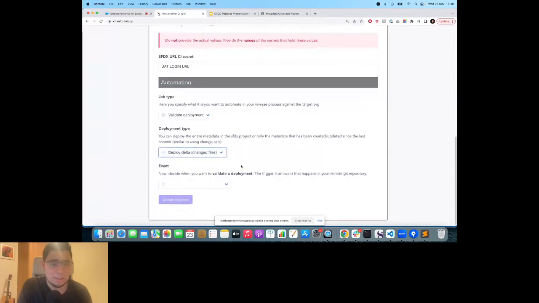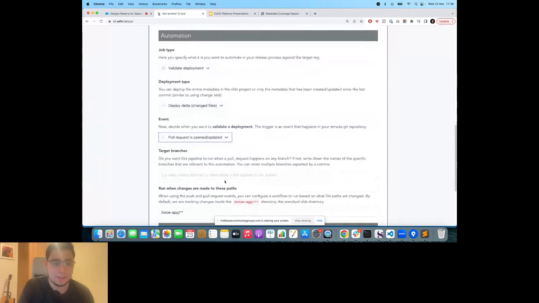So let's say just Delta. And then we need to, again, map that against something that is happening in our version control repository. So let's say I want this to happen when a pull request is open against the development branch. I could also specify other branches here. Let's say against the UAT branch, right? So when somebody opens a pull request against UAT, I want to automatically deploy that which has changed to that